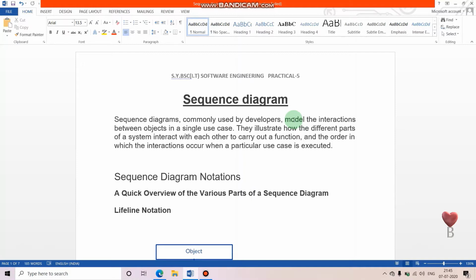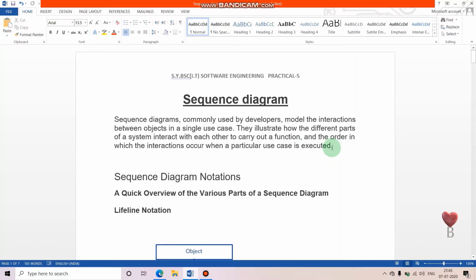Sequence diagrams are commonly used by developers to model the interaction between the objects in a single use case. They illustrate how the different parts of the system interact with each other to carry out a function and the order in which the interaction occurs when a particular use case is executed.